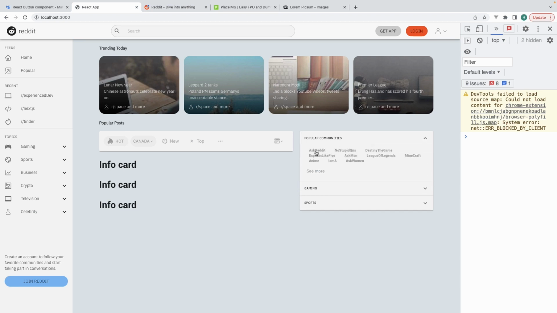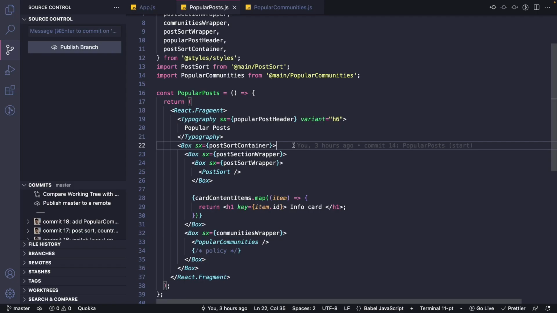Clicking on that, this will show as of now the first 10 items, and if you click on show more, this will show more items. If you click this again, this will revert back to the 10 items. That is the same case for all the accordions. Now that we are done with the PopularCommunities, let's move ahead with the next component, which is the policy component,